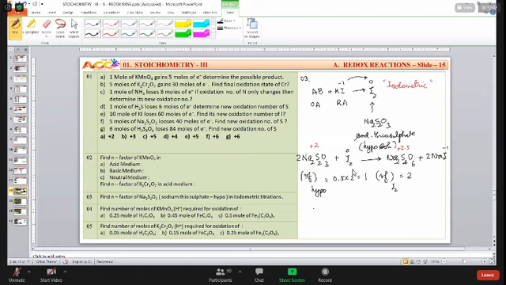And how to proceed to solve the problem? Equivalence of hypo is equal to, it is made to react with iodine, equivalence of iodine. It is coming from potassium iodide, equivalence of potassium iodide. This is reacted with A, therefore equivalence of AB. Now, I am not in need of this one, and I am not having this one. Equivalence of hypo is equal to equivalence of AB. This type of problem we have to say.